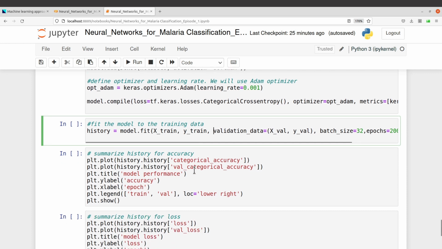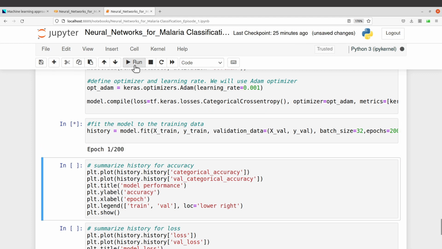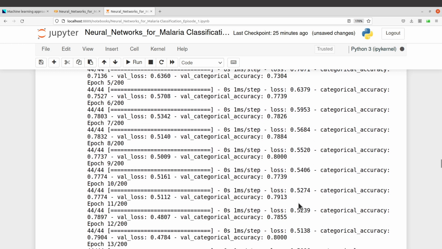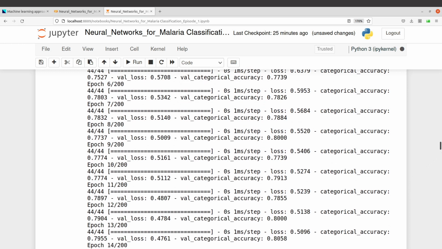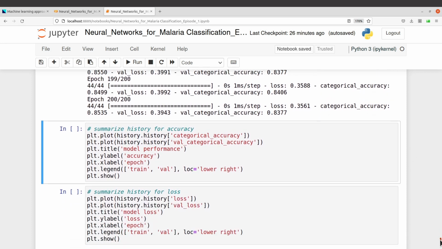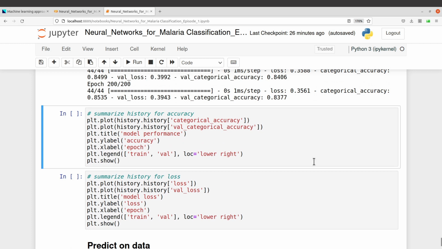So we are now going to fit the model to the trained data using this code. So I'll run it now. Okay, so training has started. So we can wait and then we'll see how it goes. Okay, the model has been trained. So let's proceed. After the model has been trained, it's important to visualize the model. Okay, we need to visualize and see how the model performed